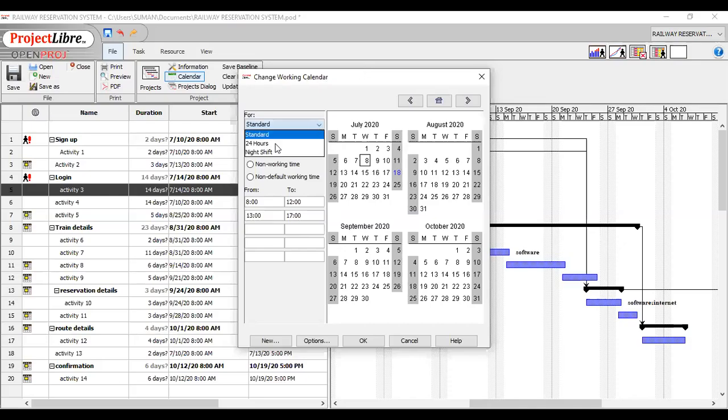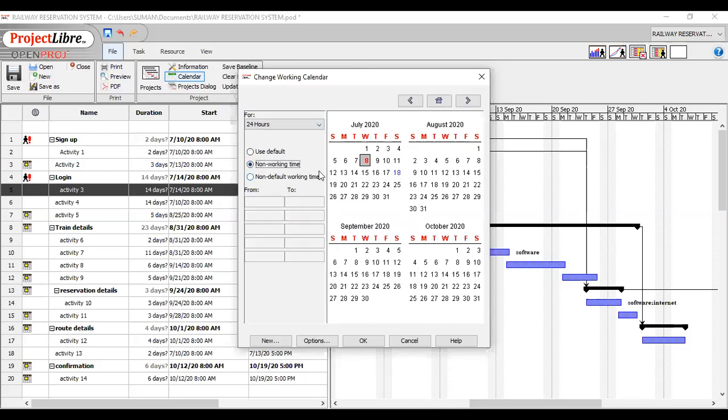If I click on 24 hours timing, then there are 3 options: use default, non-working time, and non-default working time. What is the meaning of use default? Use default means use the calendar default option for this day. What is the meaning of non-working time?